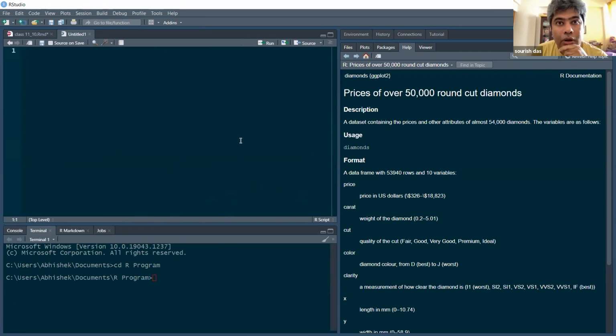So you can write library ggplot2, and then head of diamonds. Now I'm going to use one function called qplot, which is a function of ggplot2.